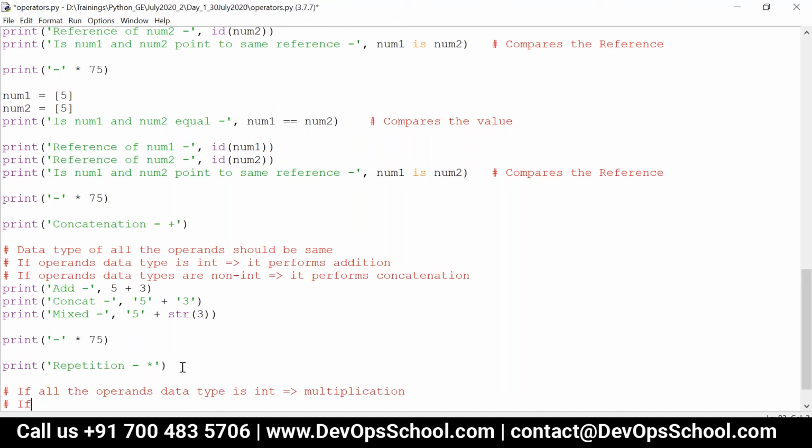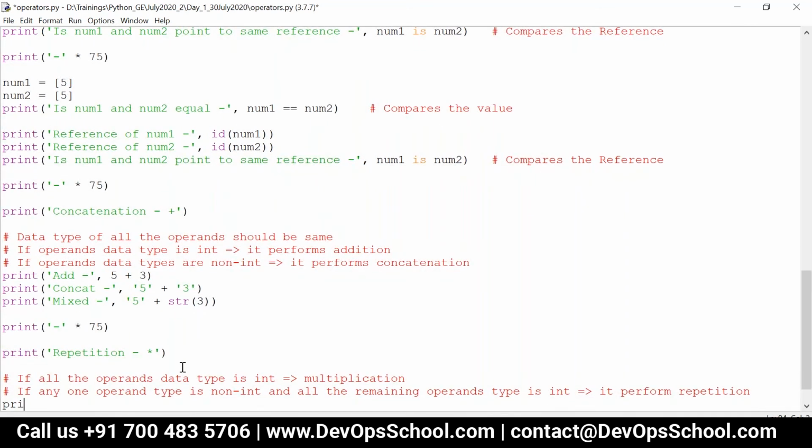If any one operand type is non-int and all the remaining operand types are int, then it performs repetition. That is, only one operand type should be non-int and all the remaining operand types should be int.